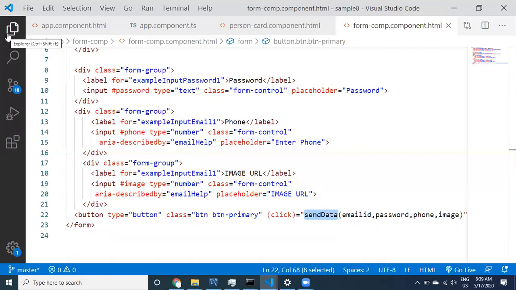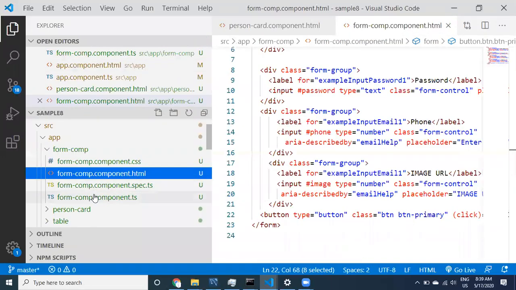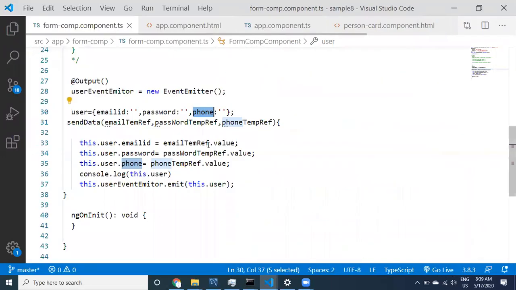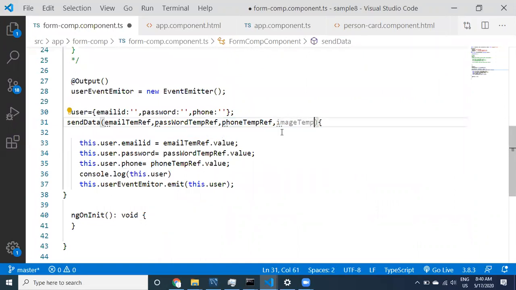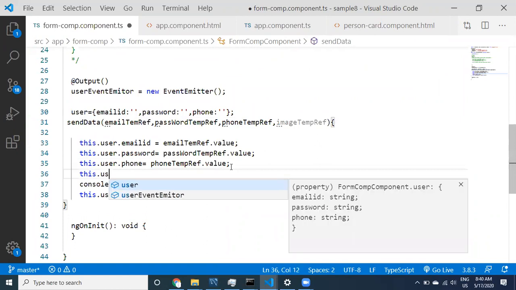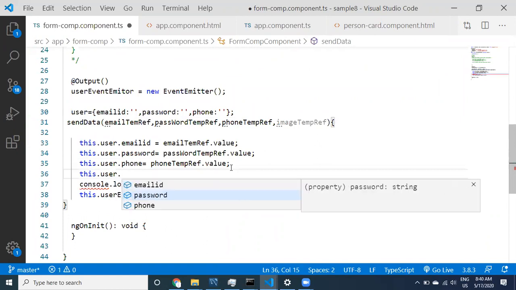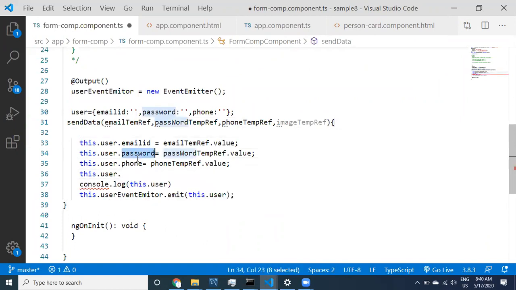Send data. We can go to the form component class. Here in the form component class, we need to take one another template reference, image. Then what I need to do here is, of course we have only email ID, password, and phone that I have provided.